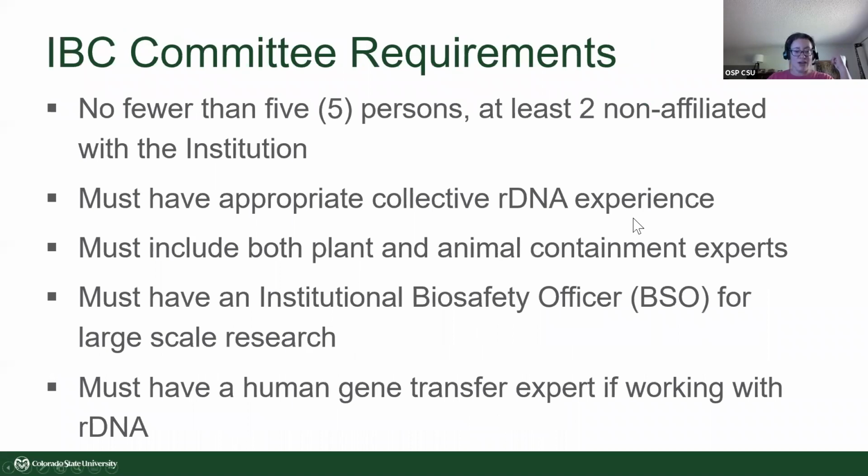Okay. Requirements for your Institutional Biosafety Committee: no fewer than 5 persons, at least 2 not affiliated. So now we have 2 public members, because there could be more of an impact on the public and on the environment. So 2 folks not affiliated with an institution. And it's really interesting. Sylvia, I don't know if you come across this with your institution. I did when I was with institutions in smaller communities, because everybody's affiliated with the institution. When you live in a community where your institution is the primary employer, it is hard to get members who are not affiliated with the institution.